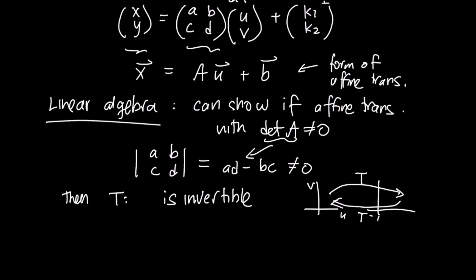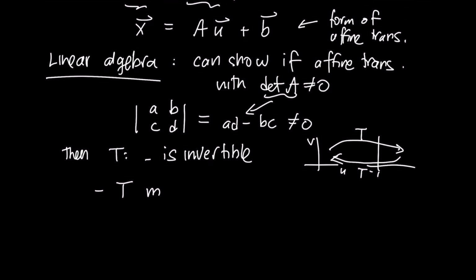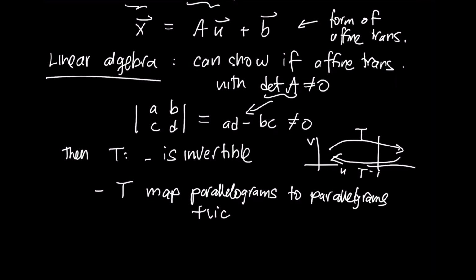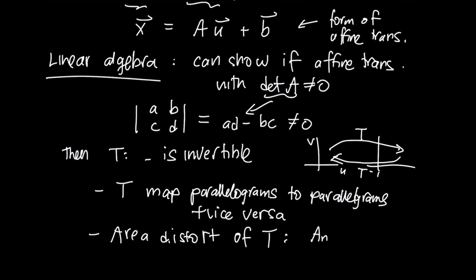But in our case, what's most important is that if we have a non-zero determinant, this transformation will map parallelograms to other parallelograms and vice versa. So if you start with a parallelogram, you will turn it into one. And conversely, if you have an image that's a parallelogram, it must have come from an original parallelogram. The area distortion factor of this transformation T turns out to work like this. The area of the new parallelogram, or the new region, is the absolute value of the determinant of the matrix